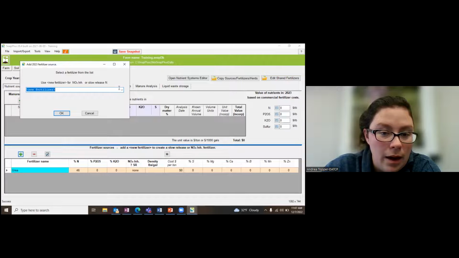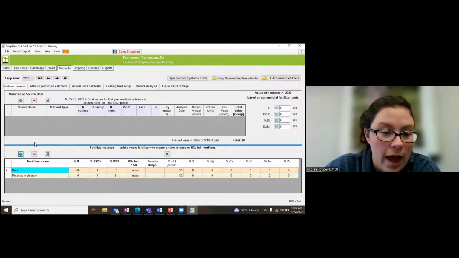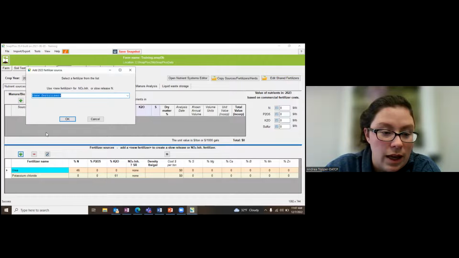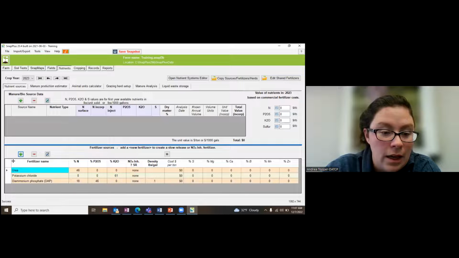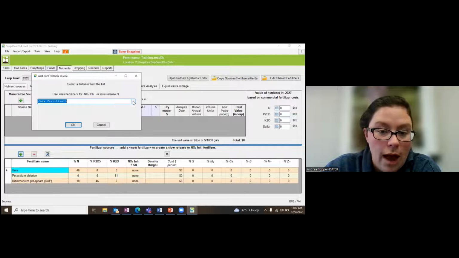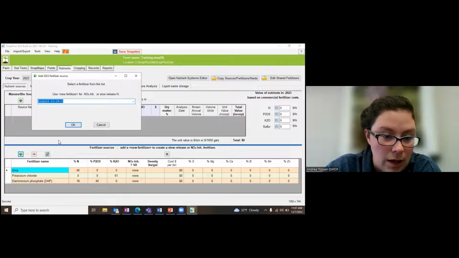I'm going to come in here. I'm going to find my potassium chloride, my potash, click OK. I'm just going to continuously click on the green plus button to make sure I have all of the fertilizers that I would like. If for some reason you add one that you don't want, you can use that red minus button to come in here and delete it